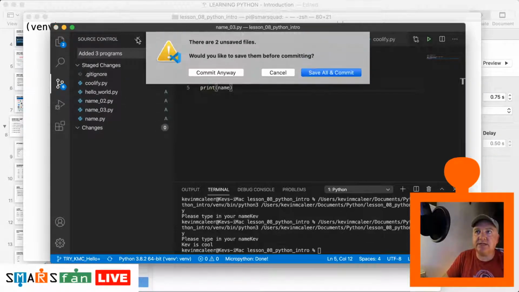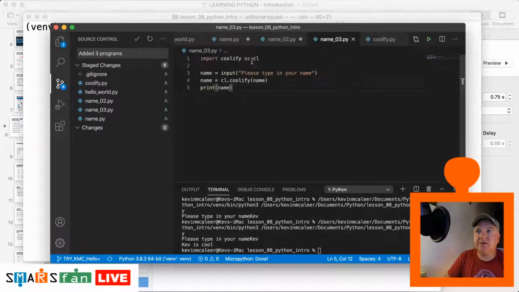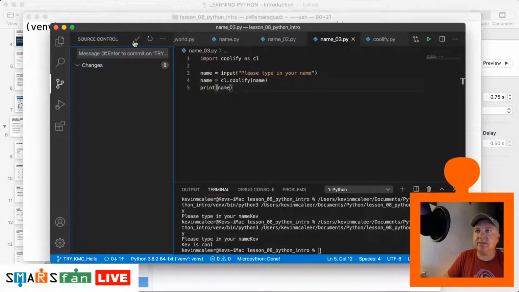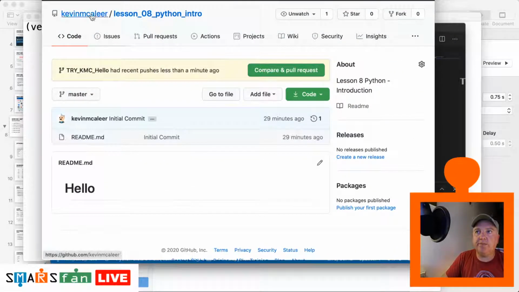And if we press the little tick button there, oh, I've not saved all the files. Let me just save all. There we go. That's fine. It's just noticed that we've changed some files. Let's make sure we've had them in. And we click now the tick button. They're now locally cached, and we can see there's a little 1 with an up arrow, and what it's saying there is this is a local change and we need to press this if we want it to synchronize to GitHub. So if I go now to GitHub and I just refresh this library,